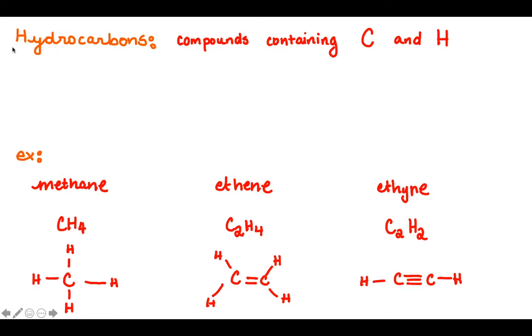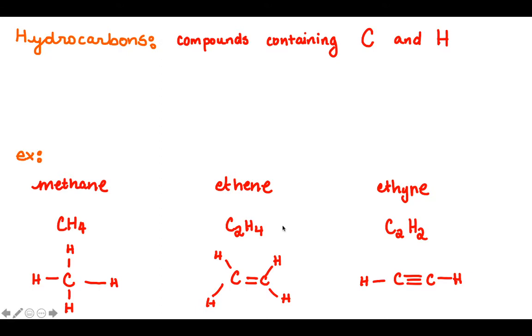These three are three different types of hydrocarbons, but as our lessons progress, you'll understand that a little bit better. For now, all I want to focus on is the fact that it contains carbon and hydrogen and what variations you can see in the bonds between the carbons, right? So in methane, which is an alkane, you'll see that carbons are single bonded to other carbons and single bonded to hydrogens. Hydrogens can't form double or triple bonds, but whenever possible, the carbons would only be single bonded in our first type of hydrocarbon.